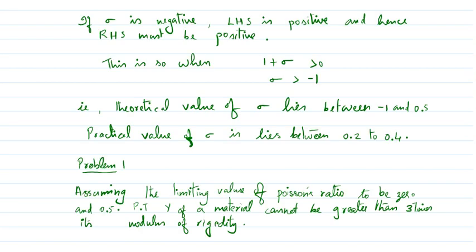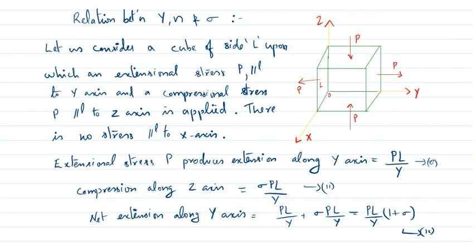So now we get the next extension along y-axis. Since there are equal extension and compression along x-axis, we can write x-axis as there is no change along x-axis. Each side of the cube is initially of length L. The extension and compression strains along y and z axis respectively are each equal to